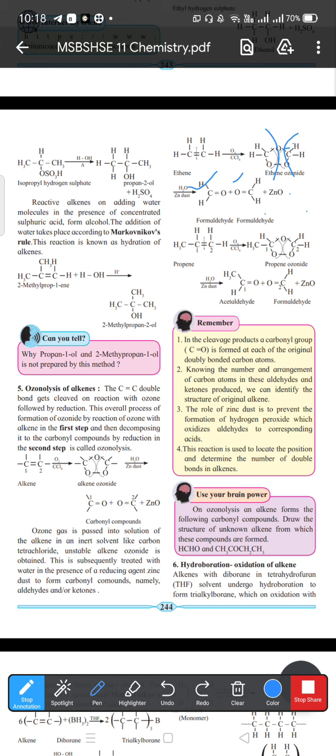In the same way, we can see the reaction from propene. Propene undergoes ozonolysis and gives the intermediate propene ozonide, and this propene ozonide can be hydrolyzed with zinc dust. It gives acetaldehyde along with formaldehyde. Later on, the next topic we'll see is